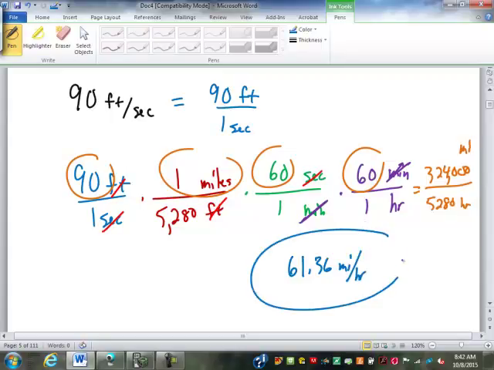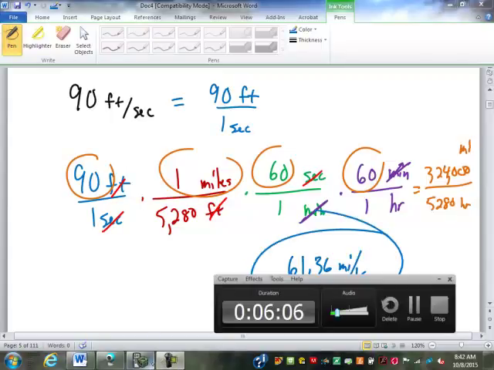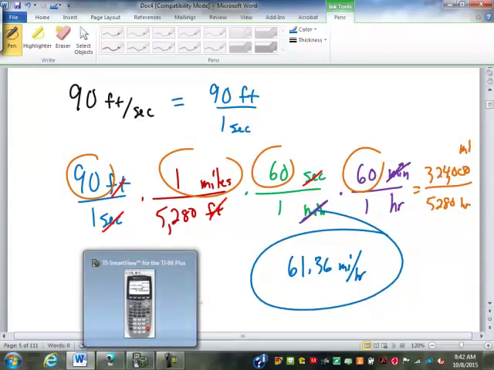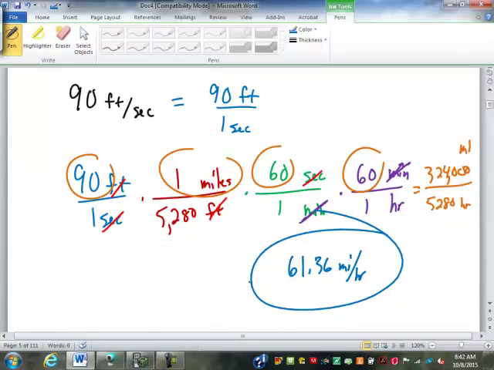Miles per hour. That's not that fast. Do you guys think I can throw that fast? If I warmed up, I could probably still throw over 60 miles an hour. I doubt it because of your age. But about 50. So anyway,